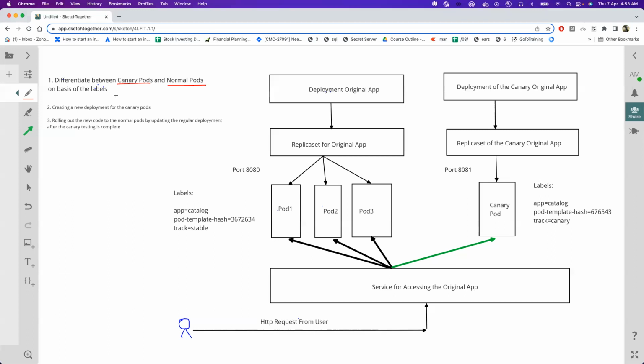Now, how do you differentiate between the two pods? This is done on the basis of labels. You have to put a label and use matchLabels, on the basis of which it picks the pods, and the labels for the two should differ and clearly identify your image. For that, we are going to create a new deployment. This new deployment will be specifically for the canary pods,